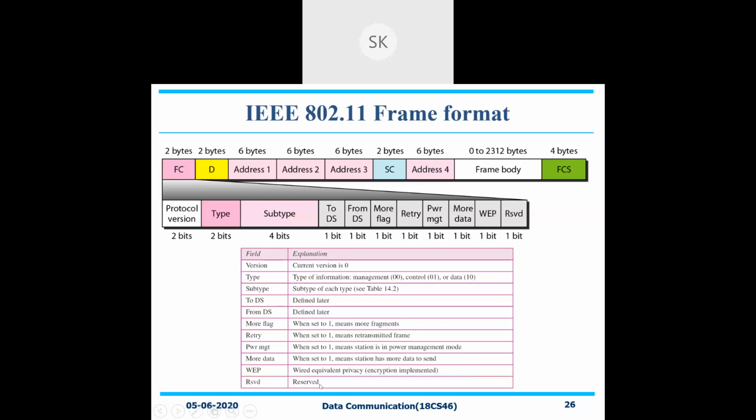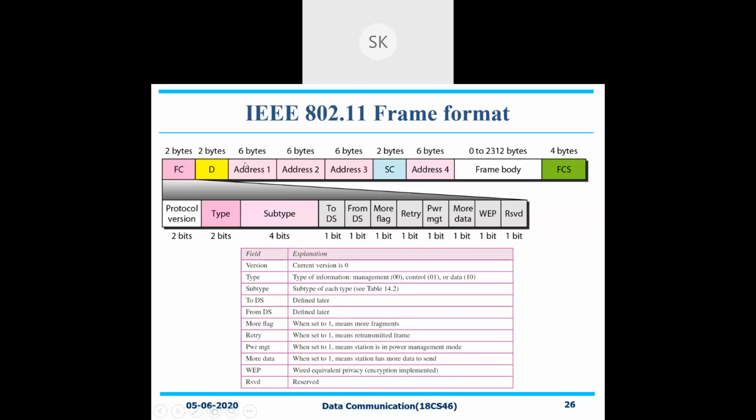The next one is your duration. Duration is nothing but a 2-byte field that specifies the time period for which the frame and its acknowledgement occupy the channel. So you need to fix a time, and based on the time, you need to reply. With respect to the communication, I told you that after sending request to send, it will be waiting for a certain amount of time. Once it receives the CTS signal, it will not send the data directly. It will wait for a certain amount of time, and once again it will go for it. So for that, duration plays a vital role.